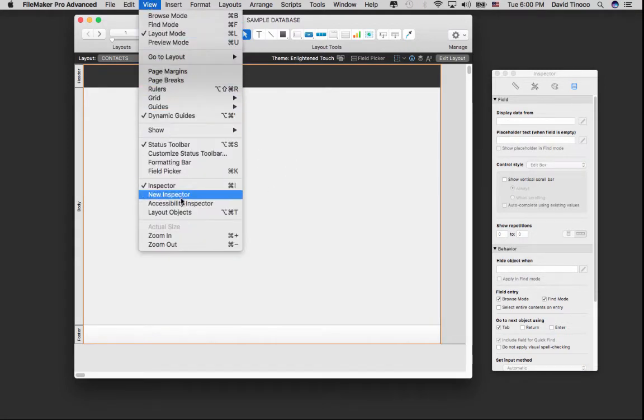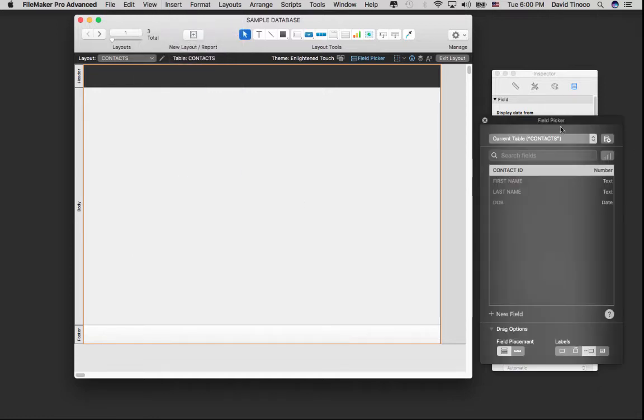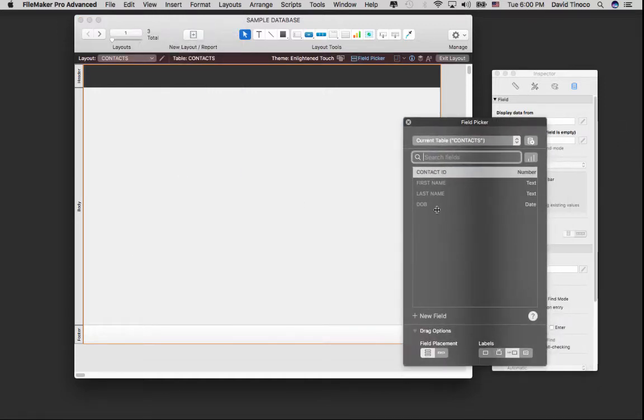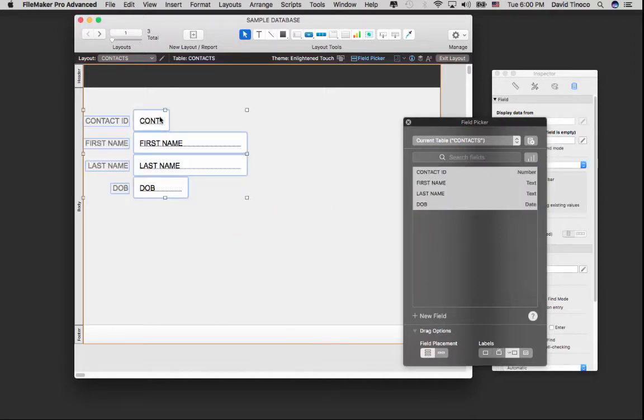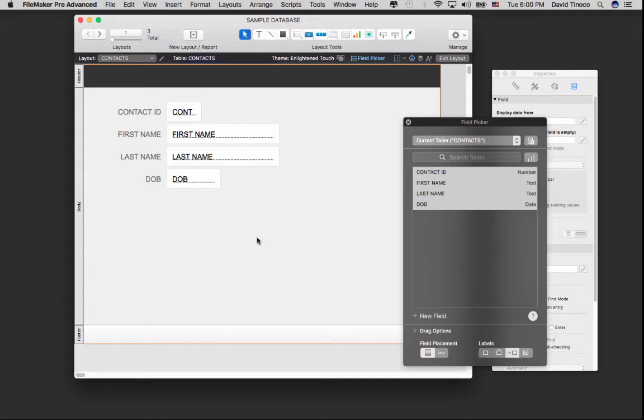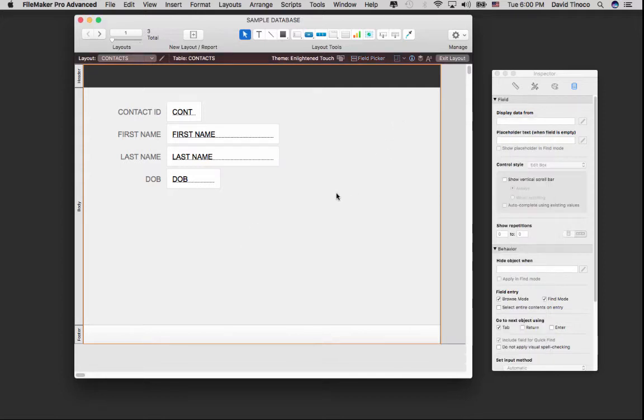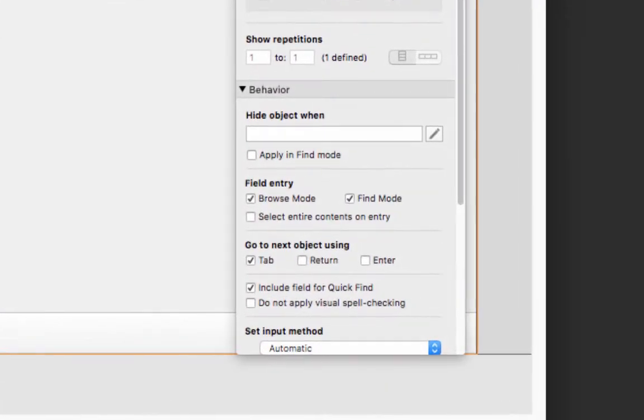And I'm going to go to View, Field Picker, or Command K, or Control K if you're on Windows. And I'm going to select my 4 fields and ensure the field placement is set vertically, and we want the label to be on the left side. So with those options set, I just click and drag, and I have my 4 fields on my layout with this new theme. And I can choose my field here, which is the contact ID, and I don't want this field to be editable. So I go over here to the inspector, and I'm going to turn off the field entry